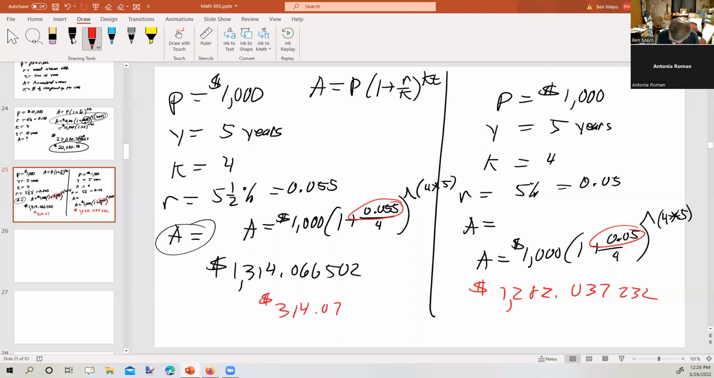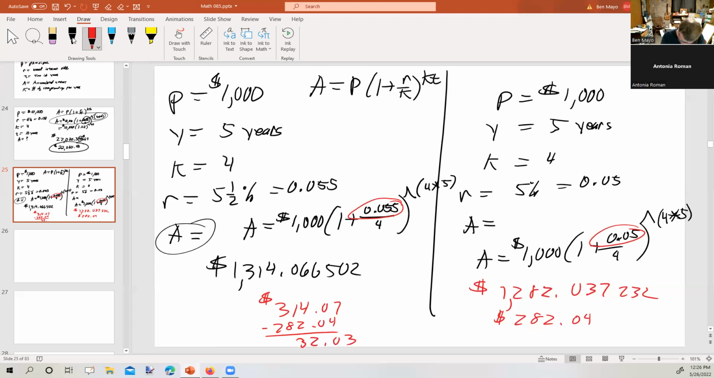$314.07. The second one made $282.04. You follow where I'm getting those numbers? So let's find out how much more. If we take 314.07 minus 282.04, we get 32.03. So